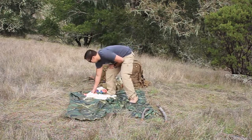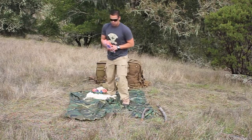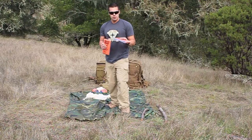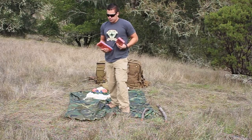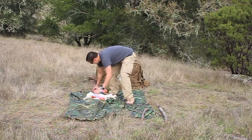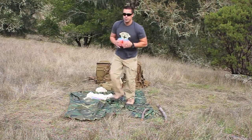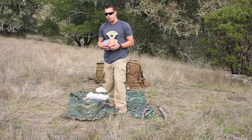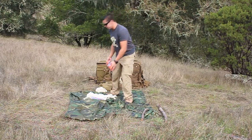What we have here are the standard SAM splints. These are great to carry, very versatile, but they're also bulky. When they come out of the package, they look like this. I tend to roll them up to put them in my first aid kits. Nice and tight, saves a little bit of room. So if you don't have those on you,